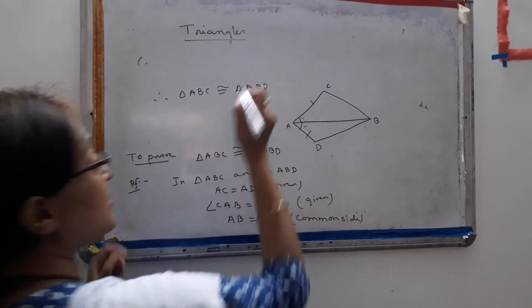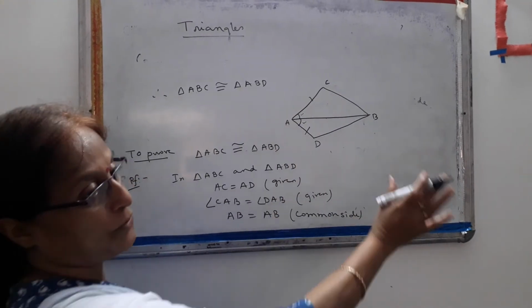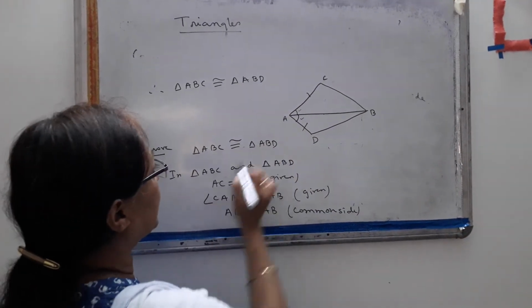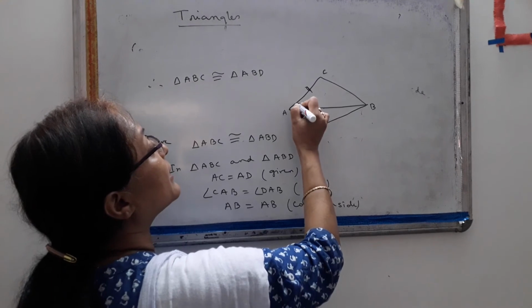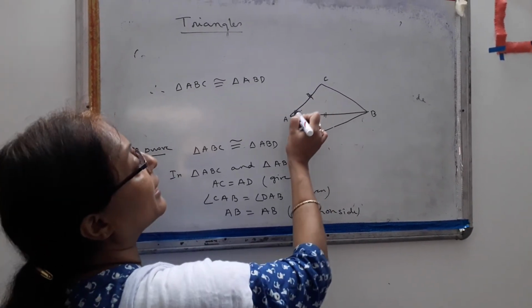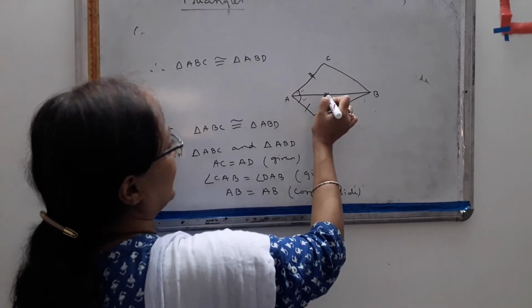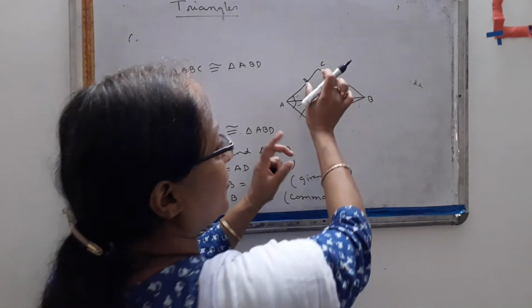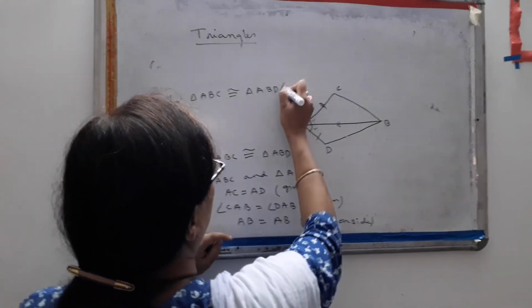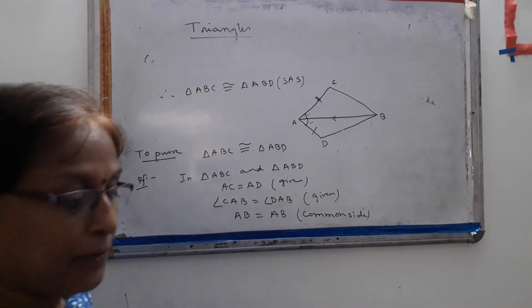Now the condition is necessary. What condition am I following? I have to see. I am in one triangle. You see, then you can write the condition. You are taking AC, you are taking this angle and you are taking this side. So I am getting the condition S, A, S. S means side, A means angle, and this is angle side. In one triangle you check and you will get SAS. So this is the condition by which we can prove.